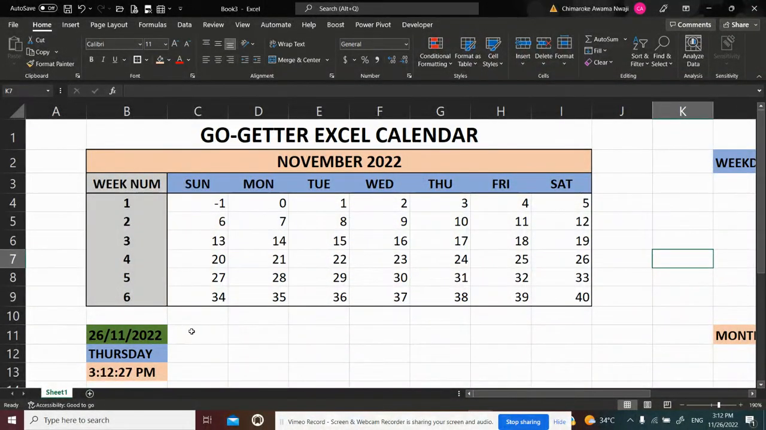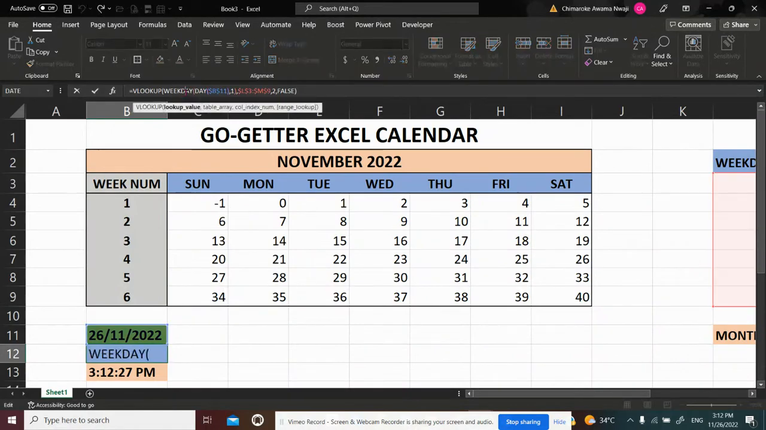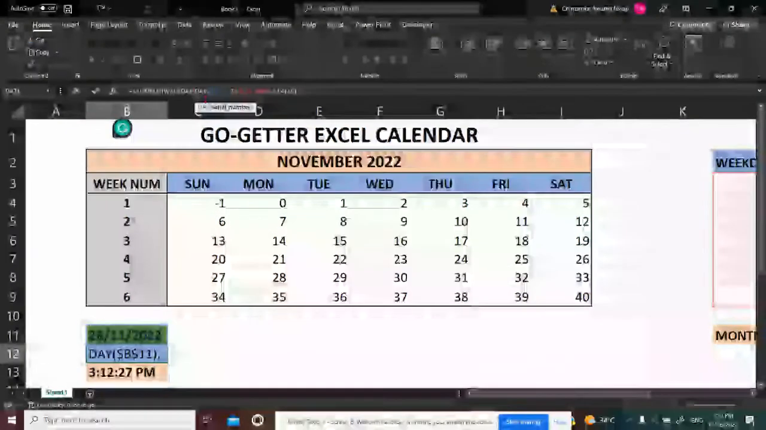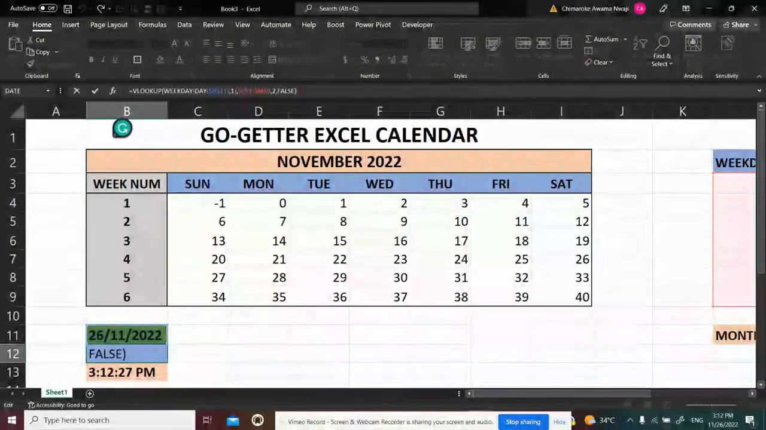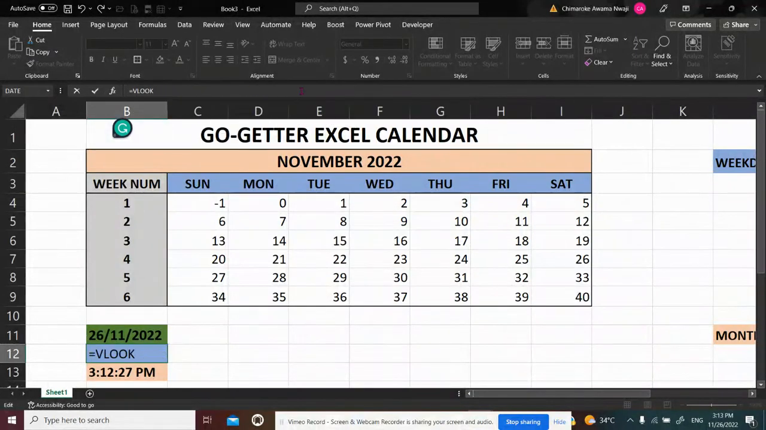So is this showing us here that Thursday is 26th? Meanwhile, it's supposed to be a Saturday. Okay, so what could be the problem? Our lookup function, so we need to redo what we did here so that we will get back the right